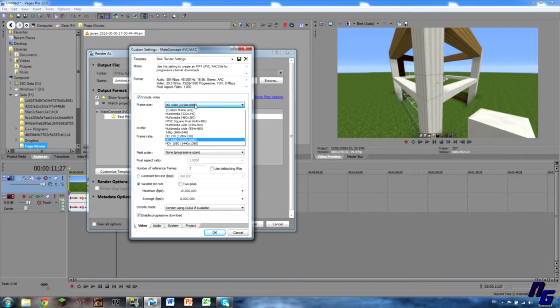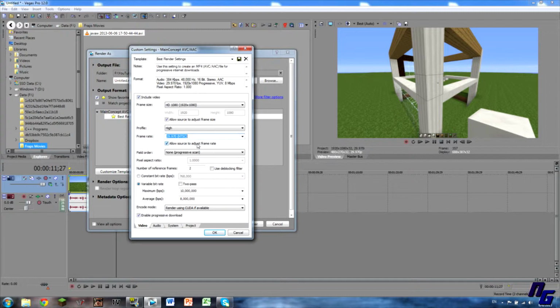I mean, if you're shooting a 1280 by 720p video, then just choose that, and allow source to adjust the frame rate, which means that while it's rendering, it'll change this frame size to whatever the video was shot in. Change the profile to high and change the frame rate to whatever you shot it in, wherever you recorded it in, which in my case is always 29.97,